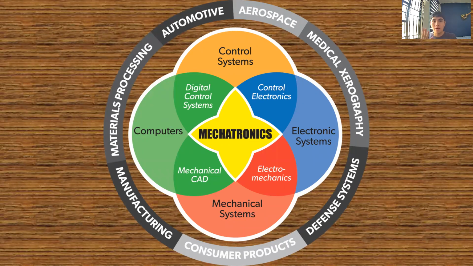The mechatronics career is composed of four main fields. One of the fields is electronics. The second one can be computers or computer science. Third one, mechanics. And the fourth one is the control systems. As you can see in the first slide,